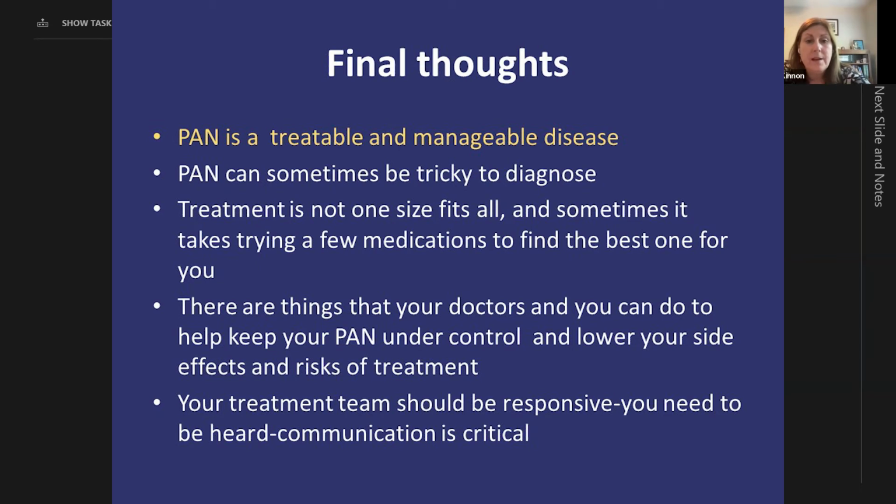I also want to remind you that you're just not hurtling out of control here with this disease. We are monitoring you closely. The blood tests help to keep an eye on what's going on internally. Having to get the scans periodically lets us know what's going on with your arteries. We monitor the medication. Some of them do have drug level monitoring. So we are doing our very best to keep track of everything that's going on and making sure your disease is getting under control as quickly as we can get it there.